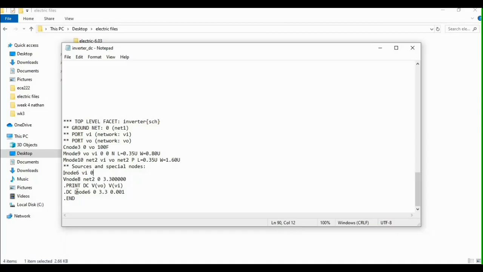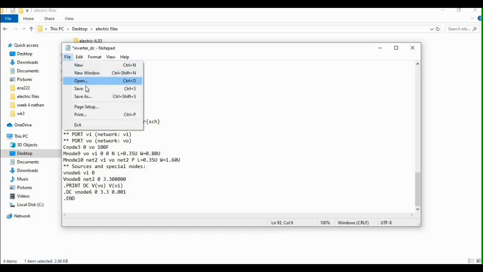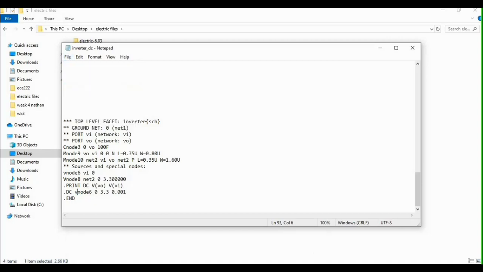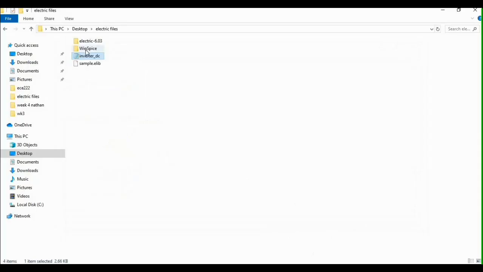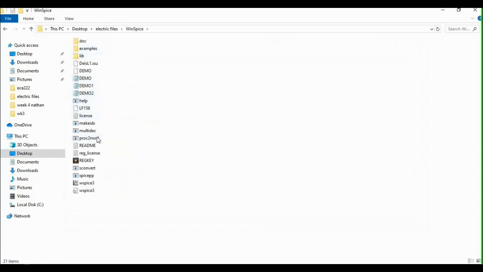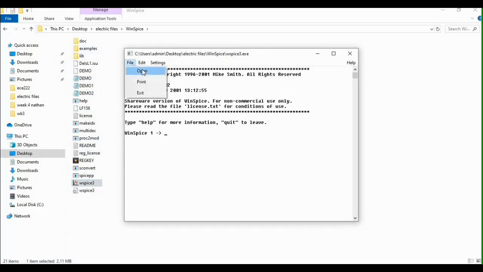So you will notice that there's no symbol but just a space. So just replace that space or this special character with letter B. So after you have changed that, you can save. Then using WinSpice, let us now try to simulate the given circuit.